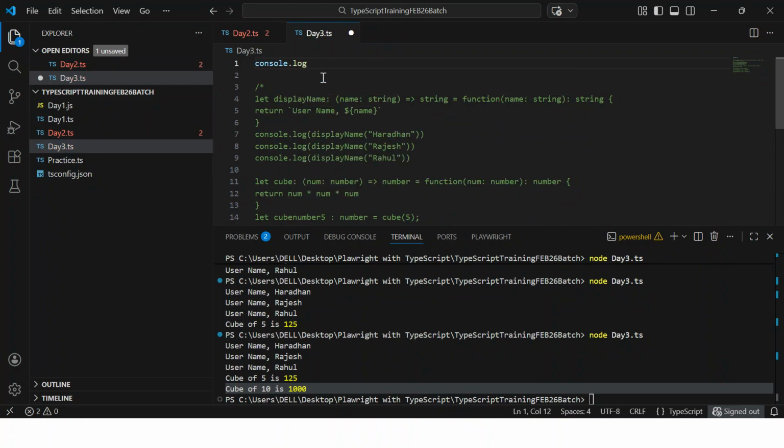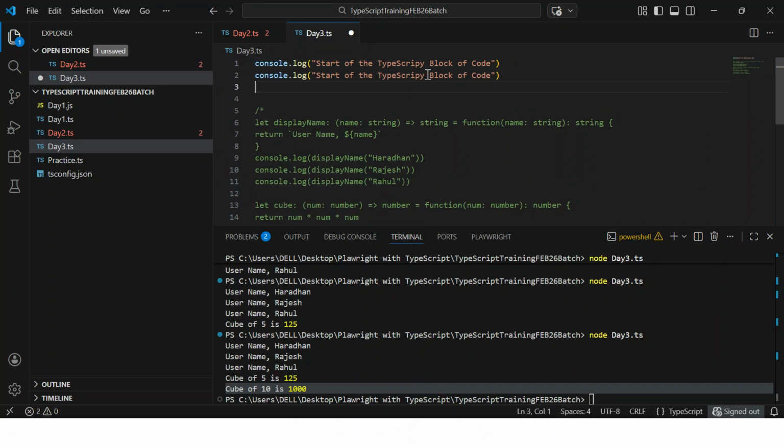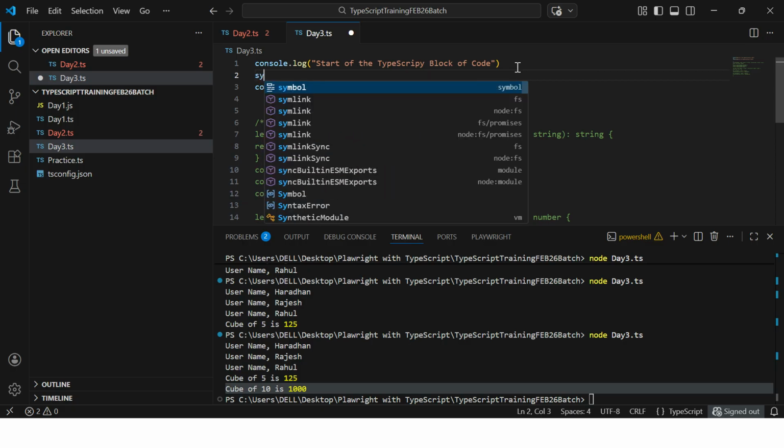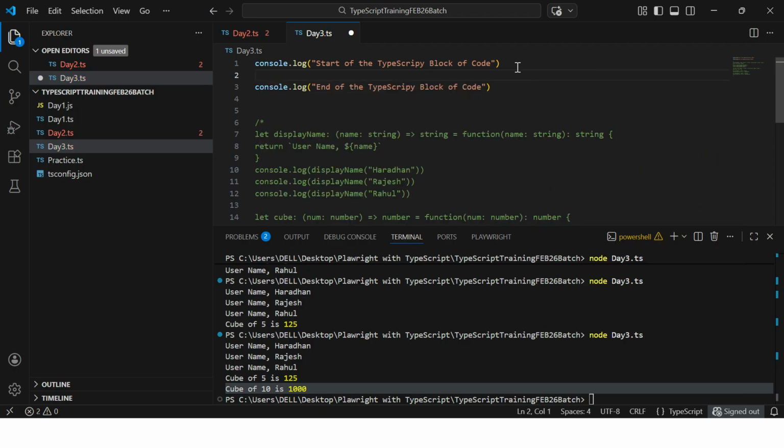Here I can give something like start of the TypeScript block of code. Now I can have this code, called end of something like that. That is fine. And here if we want to print something, console.log,